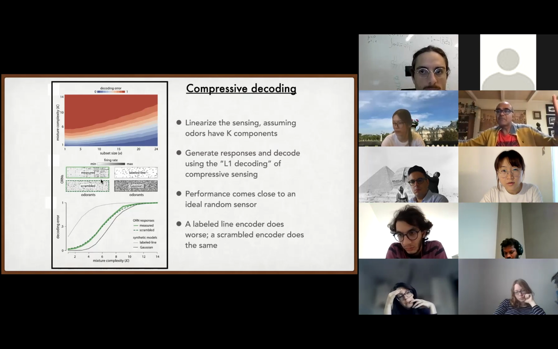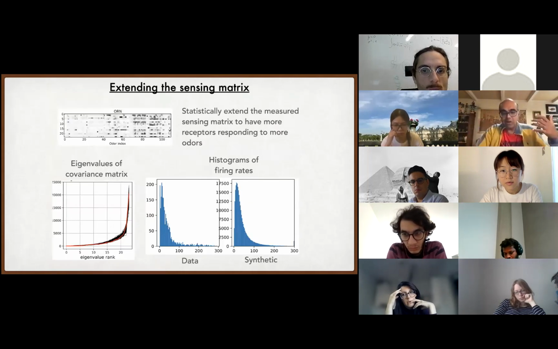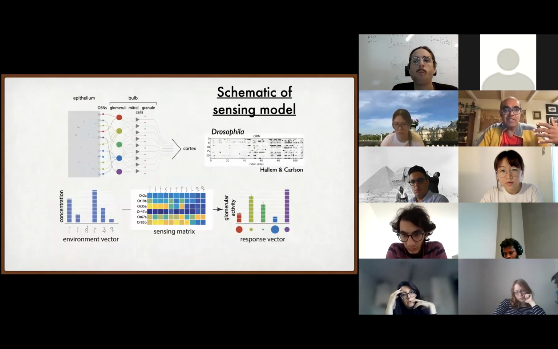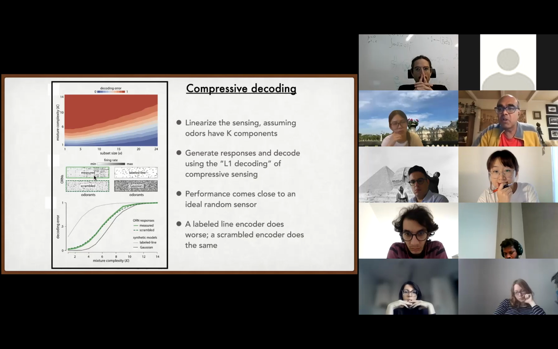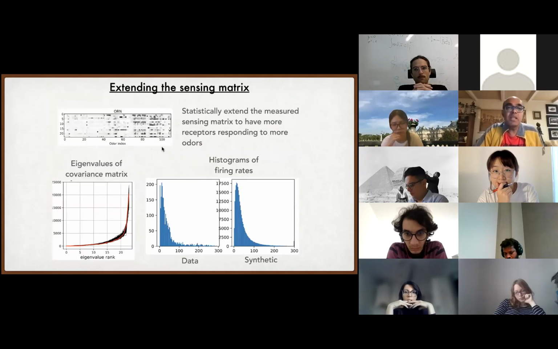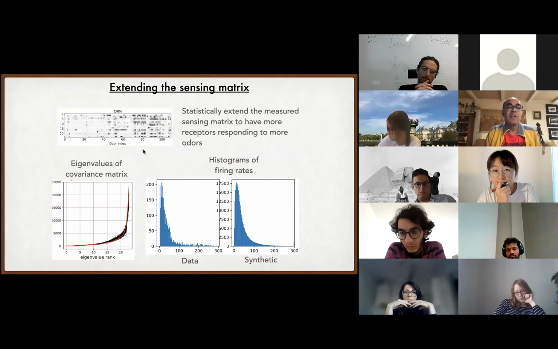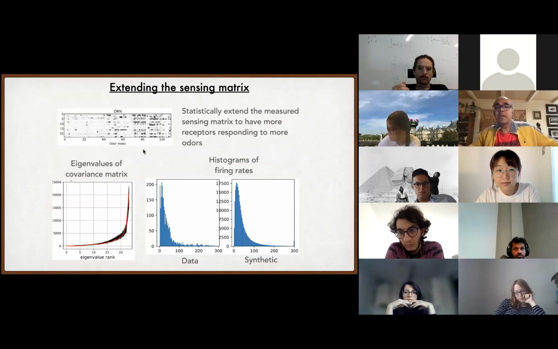That's what you'd really like: 1,000 receptors by 10,000 odorants. So as a theorist, you need to construct a much larger sensing matrix that extrapolates the statistics of the small one. So you take this little sensing matrix that's there experimentally, and all the sensing matrices in different people's data are pretty small like this. And then you can try to extend it by making a bigger matrix that has the